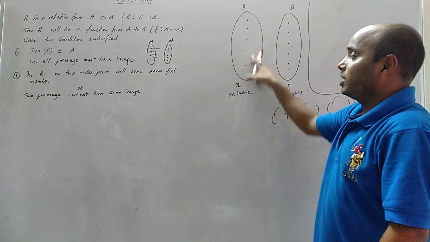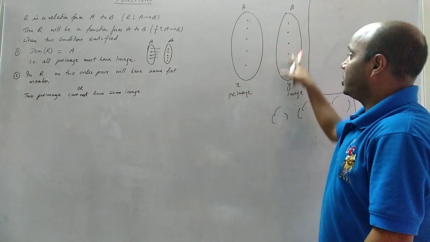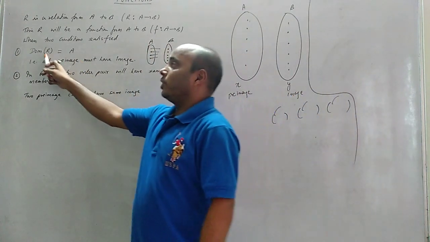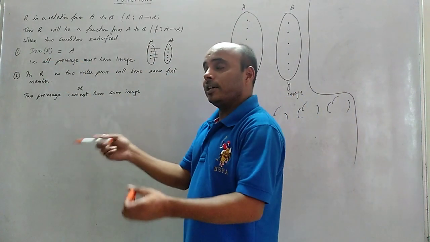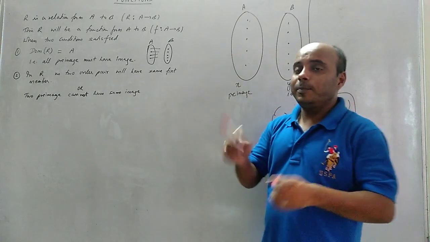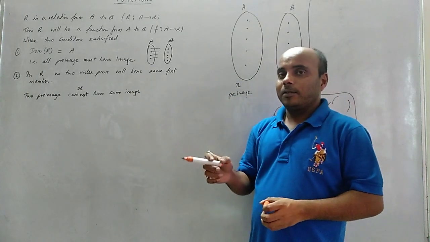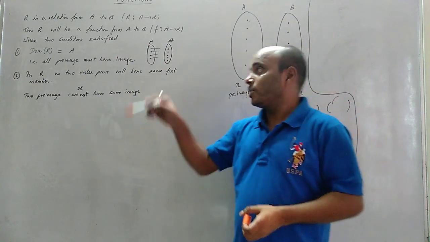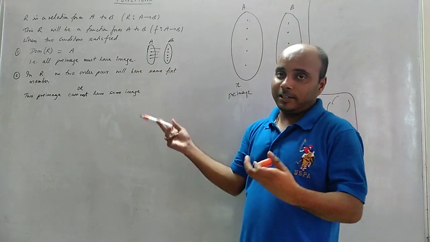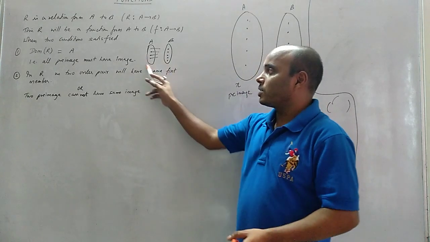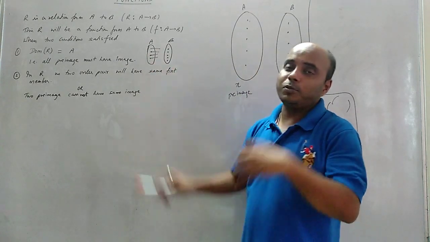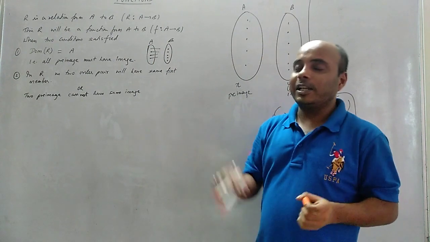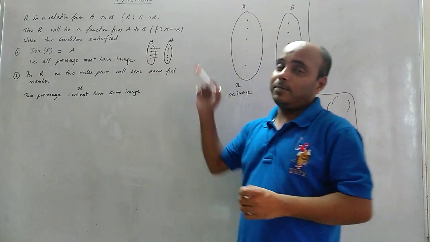This you will write, that these elements are called X image. These elements are called Y image. Okay, you will draw this. You understand? What is the meaning? Again, I am saying, domain of R will be equal to A. Okay, now what does that mean? That means सारे elements first set के कुछ ना कुछ ordered pair बनाएंगे. सारे elements first set के खाली नहीं छूटेंगे. सब में कुछ ना कुछ एरो होगा. और in mathematical language, all pre-images will have an image.